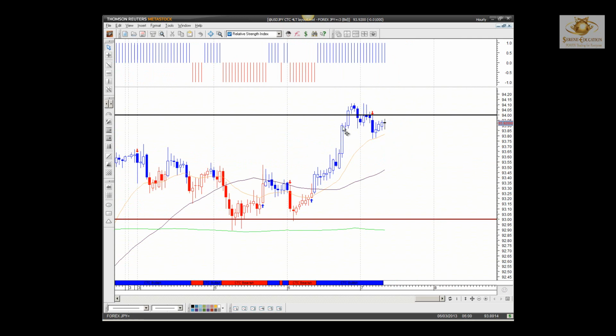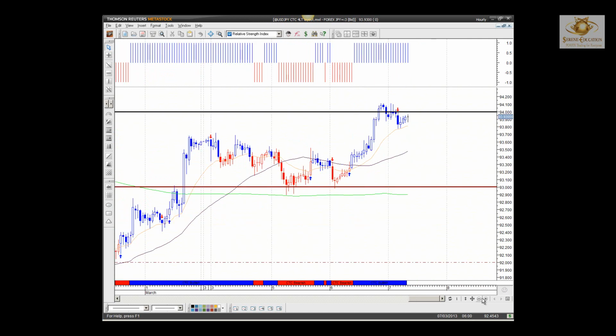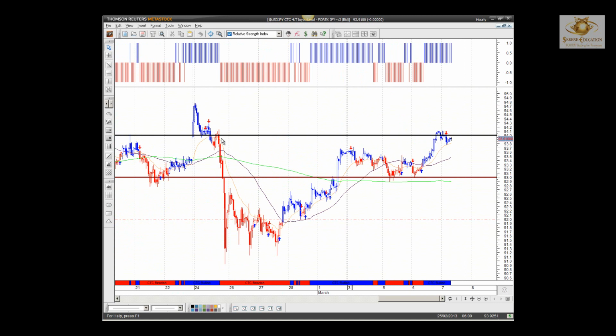We want to see a nice bullish engulfing candle to break higher than 94 and to find support and to continue higher. Otherwise, we look for a bearish engulfing candle, and then we should be looking for the downside near term. You can see each time we've tested 94, we've seen an aggressive pullback. So if we do see a bearish engulfing candle, the aggressive pullback area should be roughly around the 93. Why? Because that is our institution on our hourly. Get below 93, then target 92. Why? Because that's another support and resistance level that we had previous to that.